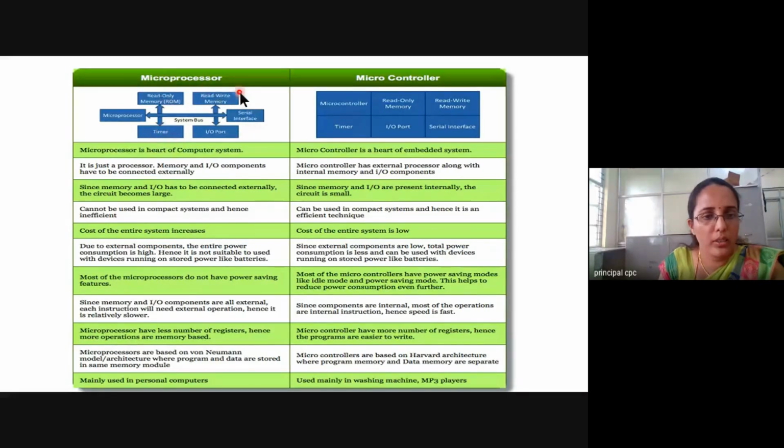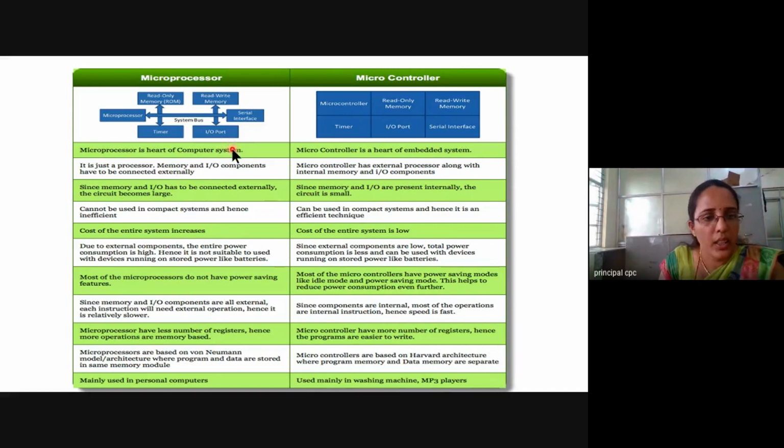All things are connected to the processor externally. Here in a microcontroller, you have memory, read-only, random access, I/O devices, and the serial communication part, all internal, on a single chip. That is considered a microcontroller. That is the main difference between microprocessor and microcontroller.